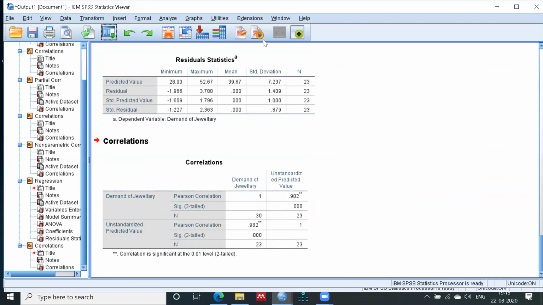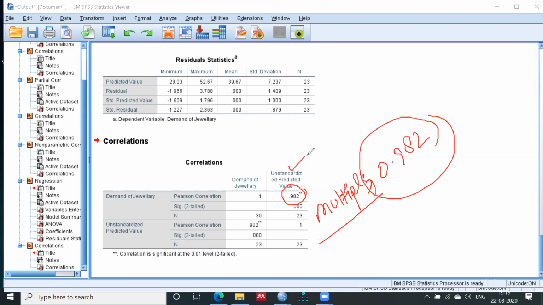So this is the value you have, 0.982. This is my multiple correlation, because you have calculated the unstandardized value with the help of all the independent variables.